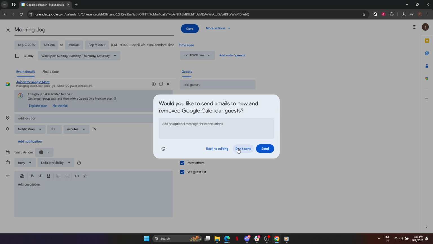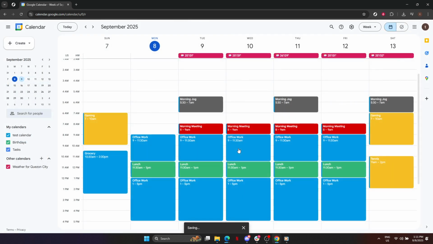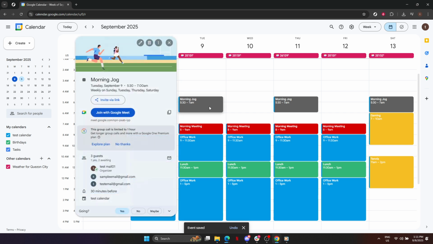Once you've added or removed the guests as needed, make sure to click Save at the top of the page. You might be prompted to send notification emails, so decide whether you'd like to inform the guests of the changes via email. And there you have it. With these simple steps, you've effectively managed your guest list for your event on Google Calendar. By following these instructions, you can quickly update your Google Calendar events as often as needed, making event planning